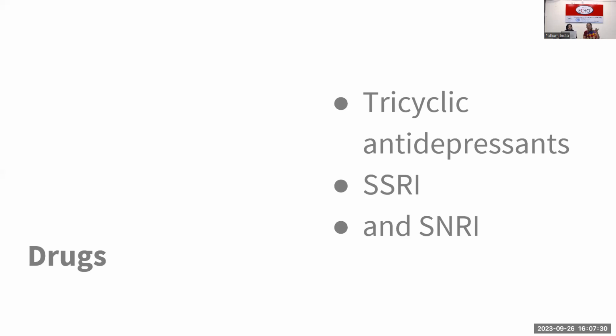And the main drugs are tricyclic antidepressants, SSRIs and SNRIs. This is what I was telling: when you are using these with tramadol, these also have a seizure tendency. So when you are combining both, because you are using a very low dose of these, a higher incidence of seizure activity generally doesn't happen. But you need to know what can happen. That is why it is generally mentioned. Next slide.